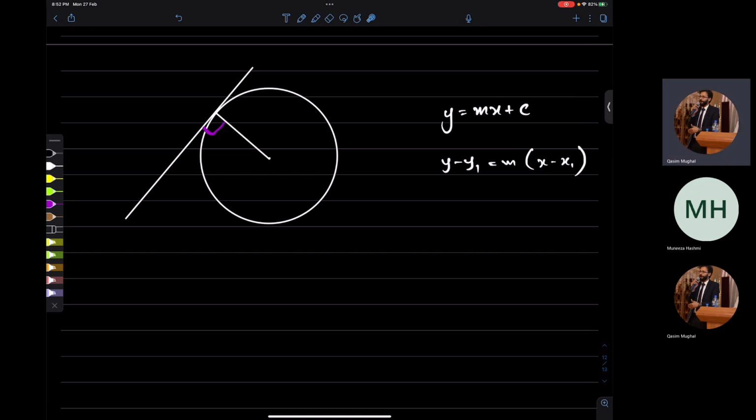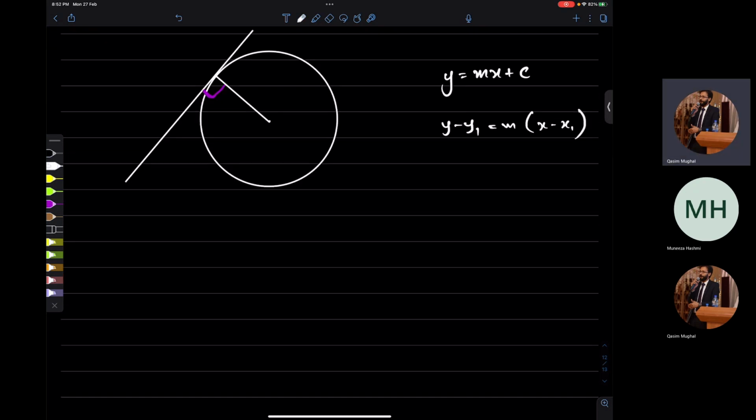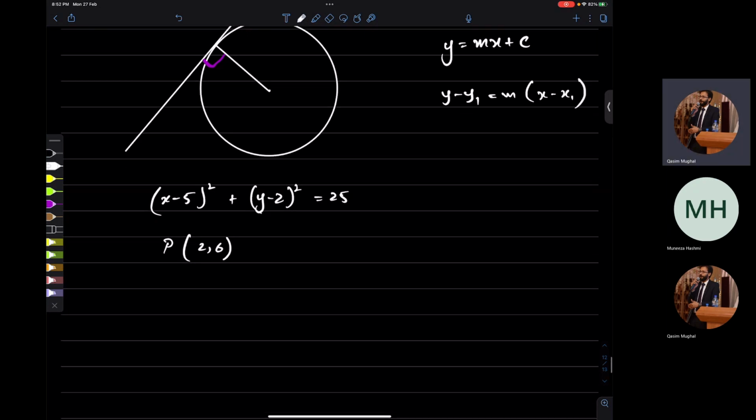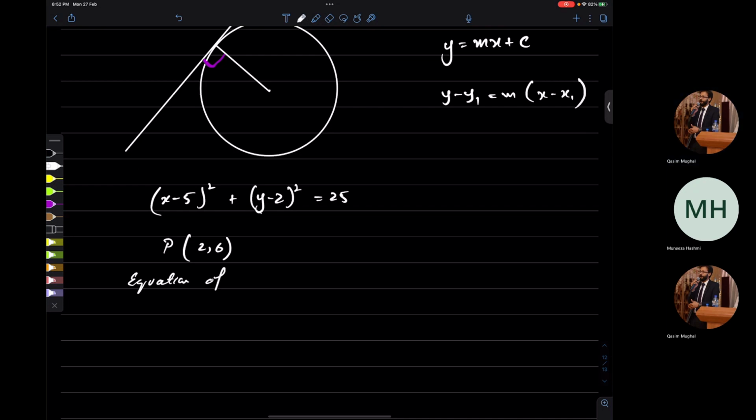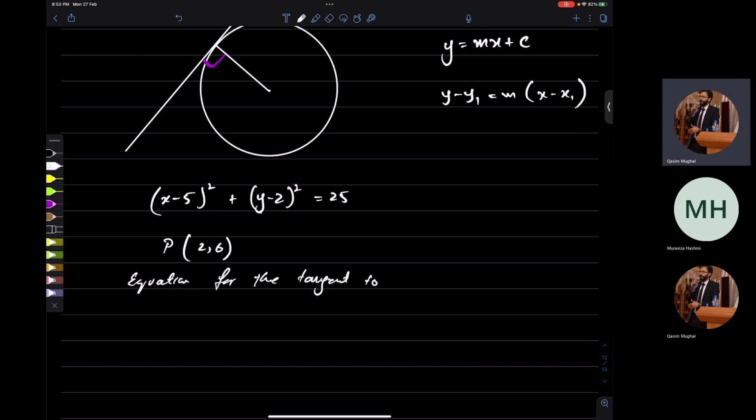So let me attempt one of the questions. The examiner is saying that we have the circle x minus 5 whole squared plus y minus 2 whole squared equals 25. And there is a point P on the circle whose coordinates are 2 and 6. So it lies on the circle. And he asks you to find the equation for the tangent to the circle